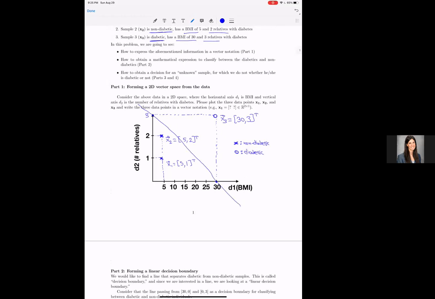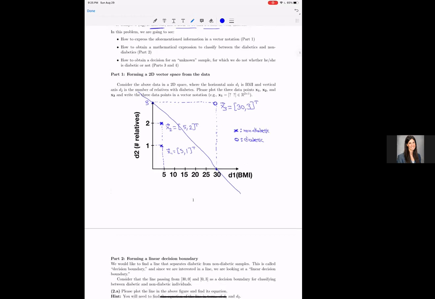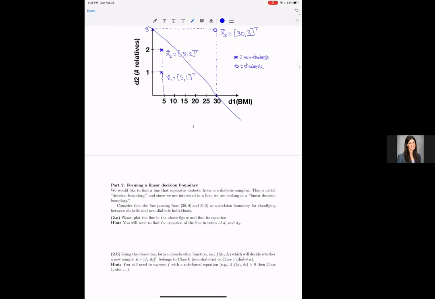So how do we find the equation of the line? All the way from calculus, we can find the slope of the line. The slope of the line is 3 divided by 30, the distance between the vertical and the horizontal axis. And because the slope is negative, it is minus 3 divided by 30